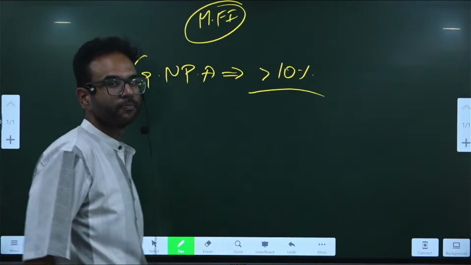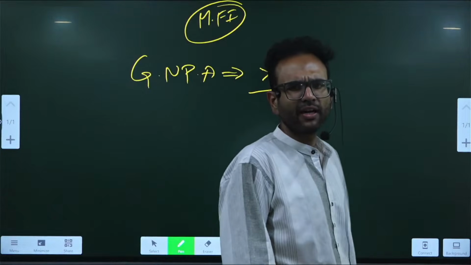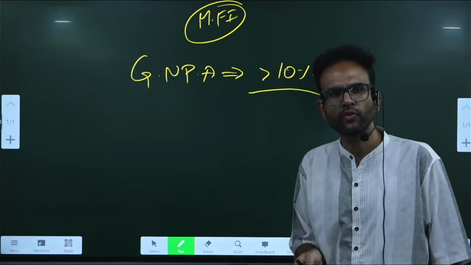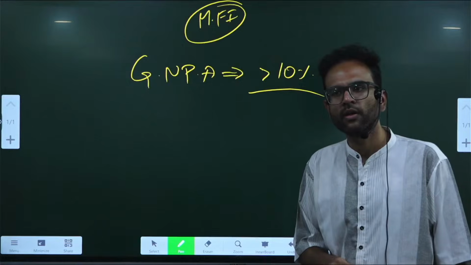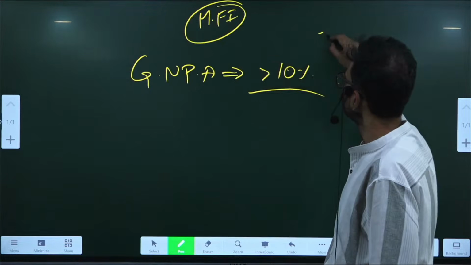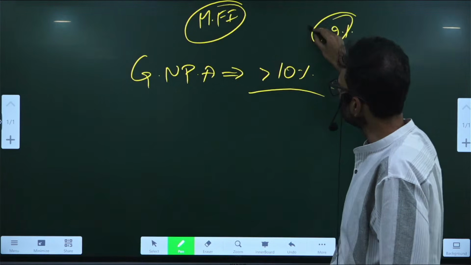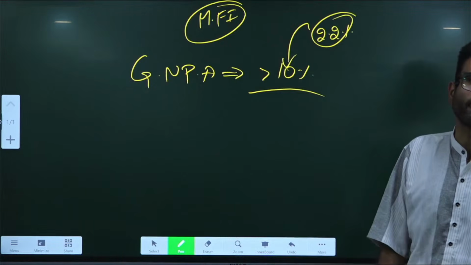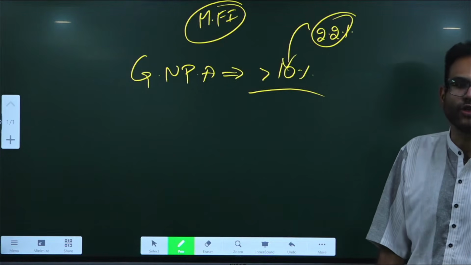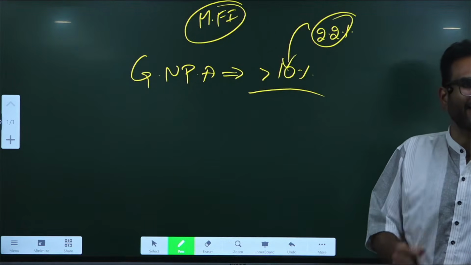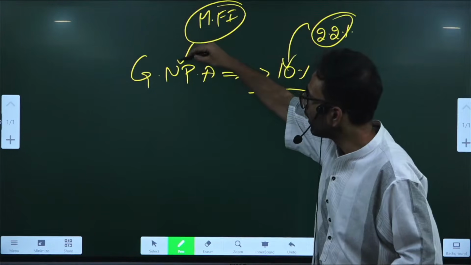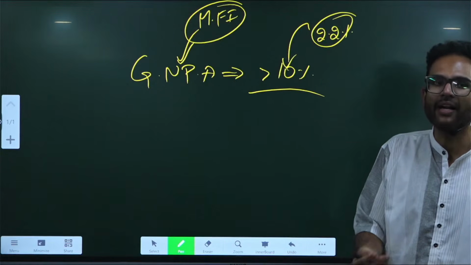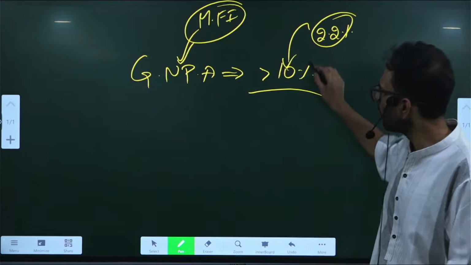Is this high or low? What is the NPA ratio, what is the percentage, of total loans in public sector banks? 0.2%. Compare it with a public sector bank, and PM SVANidhi definitely feels like a lot. But it is apples and oranges. Do not compare both. Different market sectors. We are talking about a very vulnerable group. Sometimes they will not be able to repay, and the state should accept that these are small losses.